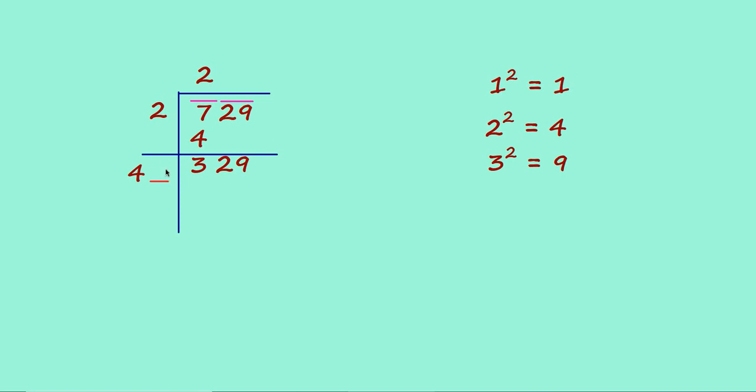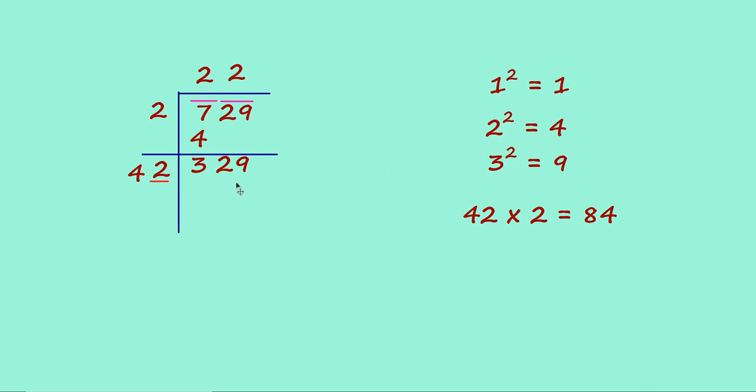Now you have to write a number here. The same you have to write in the quotient also. For example, if you write 2 in the blank space, the same 2 you have to write in the quotient. Now you have to multiply this 2 with the 42 and the number should be less than or equal to 329. But 42 into 2 you get 84, which is less than 329. So try for another number.